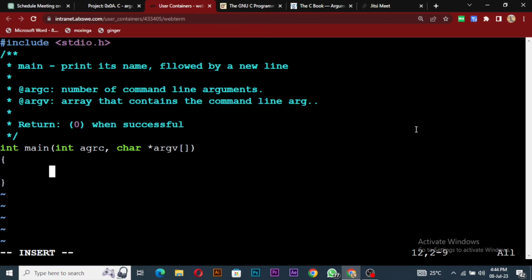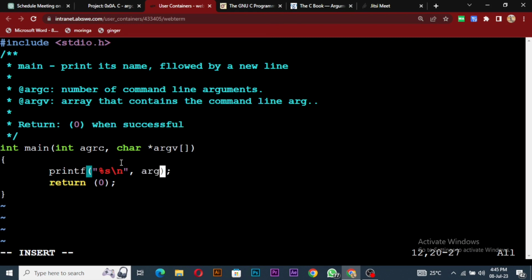All right, so we want this program to print, so we use our printf to print something, and then we'll do our return. It should return 0 for success, right? It should print a name. Because it's printing a name, and those names are stored here, we are using this variable. So we do our double quotes and then %s, and then a name followed by a new line, and comma,